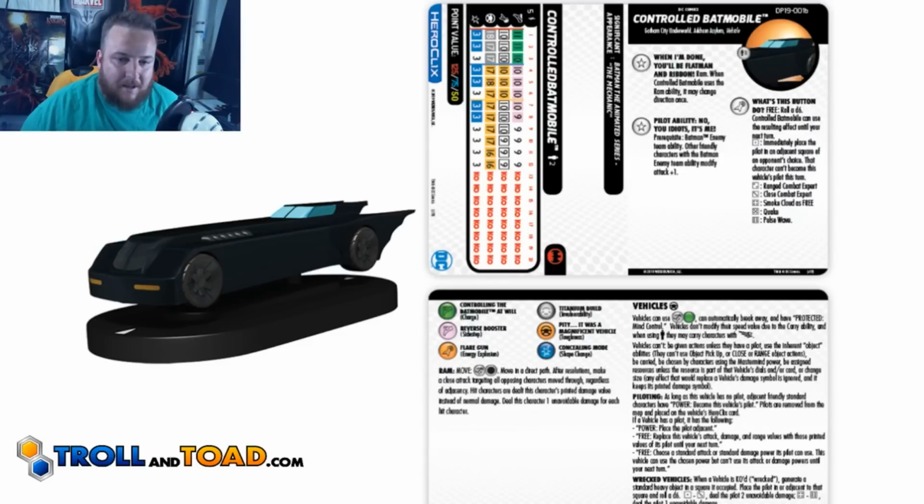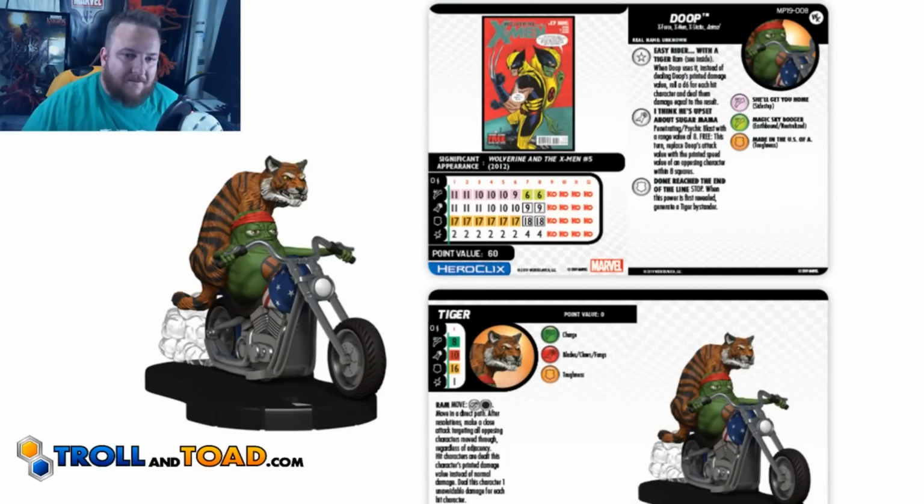Batman family team ability, other friendly characters with the team ability modify attack +1. And the Batman enemy team ability allows you to share attack values to try to get the highest one. So getting the highest one and then an additional +1 is just cool. So definitely neat. Next up, we have Dupe, number